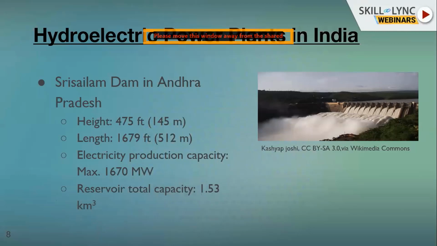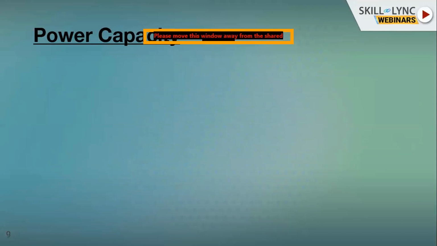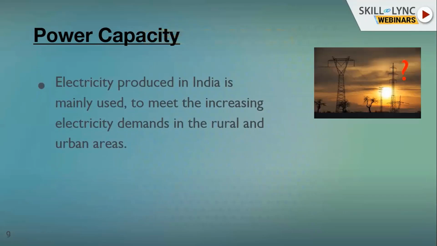I just want to compare these dams. As you can see, there is variation in electricity generation, and these results can also be compared with numerical and analytical solutions. We'll come to know about numerical and analytical solutions as well. Before coming to the next slide, I would like to know the sources of electricity. Based on some statistics, India has various sources of electricity generation. So what are they? Based on that, I have collected the data.